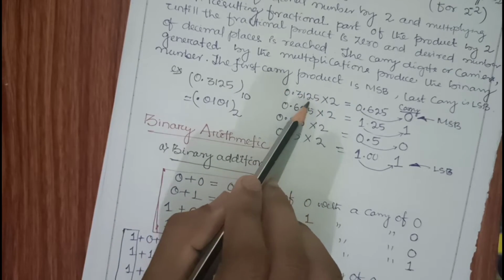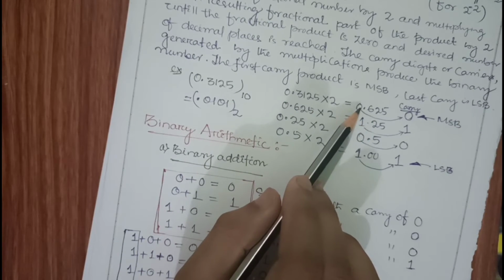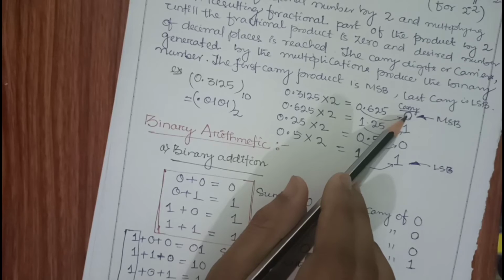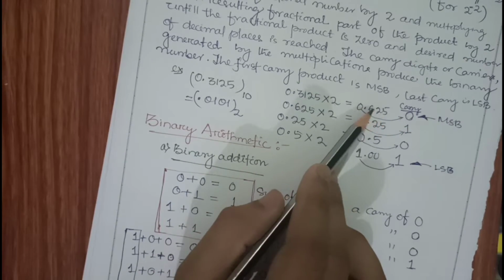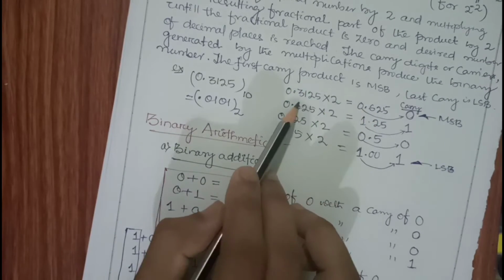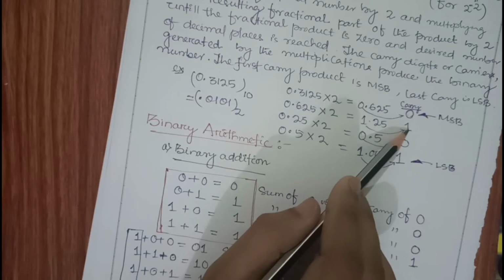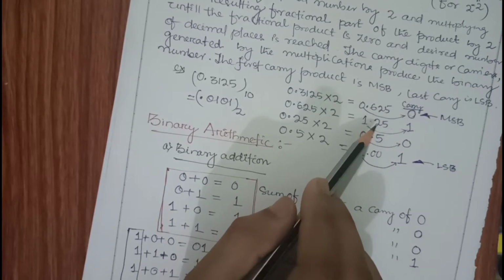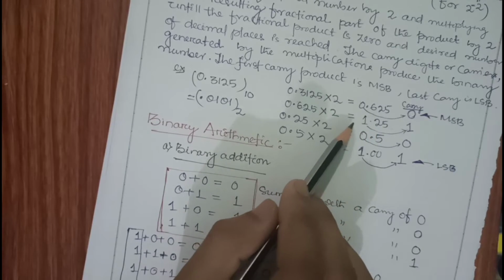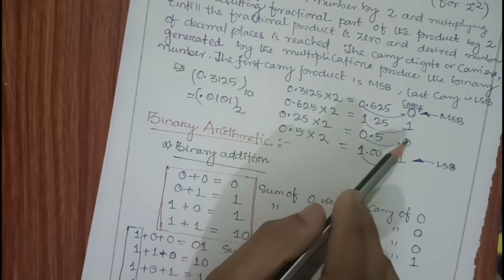Since this is a fractional value, you multiply by 2, you will get some value. If 1 is there, you take that 1 to the carry, and if 1 is not there, you take the 0 to the carry. Similarly, whatever the result, again you bring that result over here and multiply with 2 again. You will get 1.25, take 1 over here, because it is the carry part, it will move to that side. Then 0.25 will be left, so 0.25 will be brought and multiplied again by 2. So you will get like this.